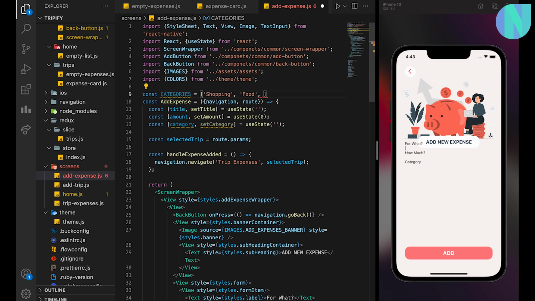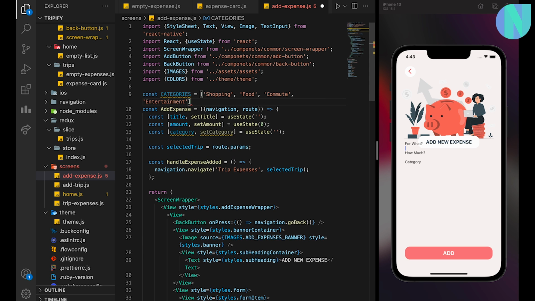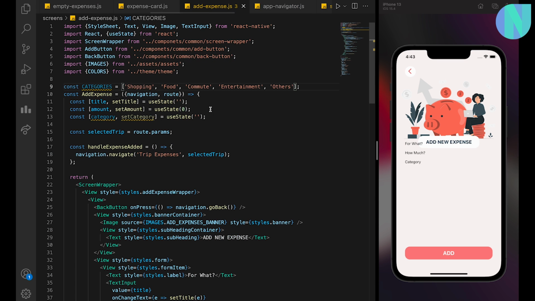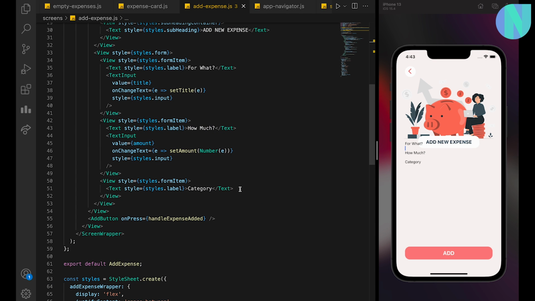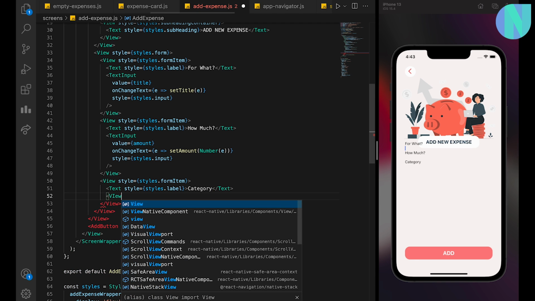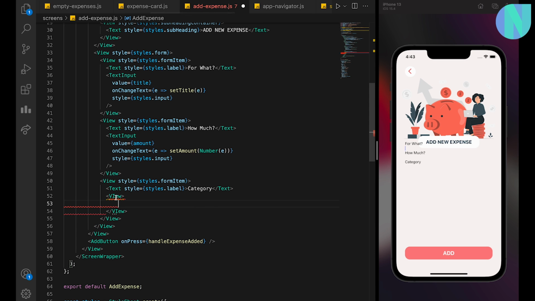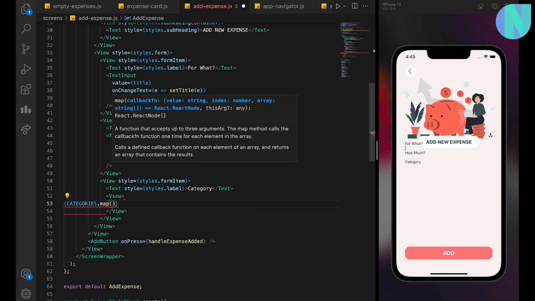So food, and then we had commute, and then we have entertainment, and finally we had others. You can make more categories if you want. You can remove certain ones if you don't want. It's all up to you. You can customize it however you want. So now for my category, since it is here, I'll create another view. Inside this view, I'll just make it smaller, and here I will map through the categories array. Now again as I told you, map is a prototype function on array that we have, and for each of the category that I get,